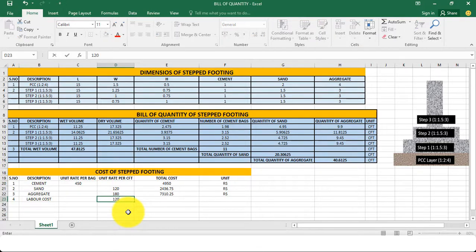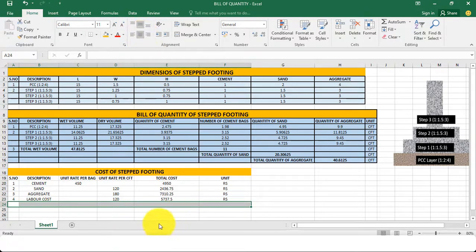And also in order to calculate the cost of labor, I will need the total wet volume of the stepped footing. And I have already found out the total wet volume of the stepped footing. Okay? So the total cost of labor is equal to unit rate of labor per cubic feet, which is 120 rupees, multiplied by the total wet volume of the stepped footing, and it will become 5,737.5 rupees. So the total cost of labor is